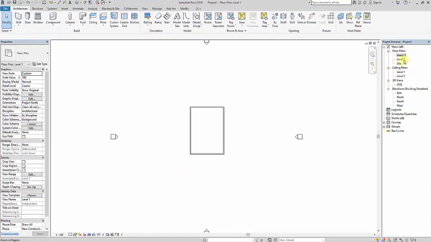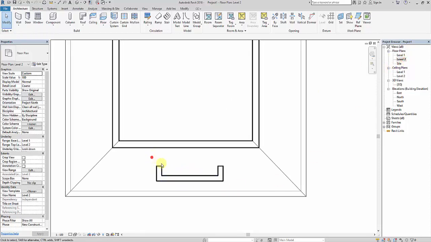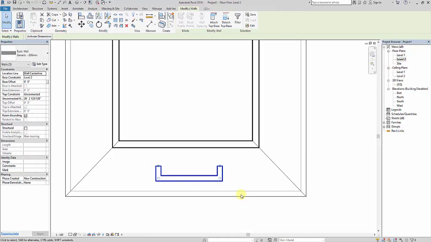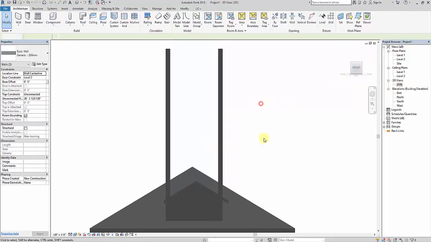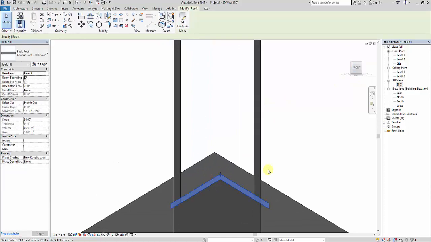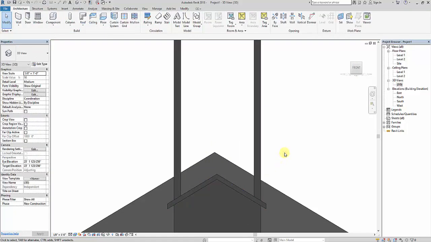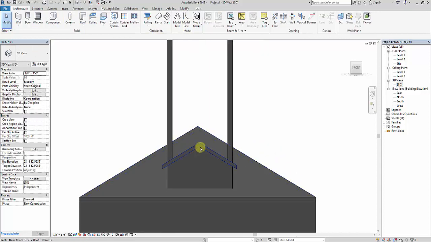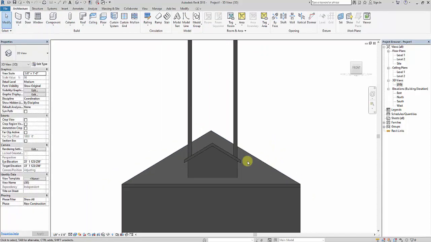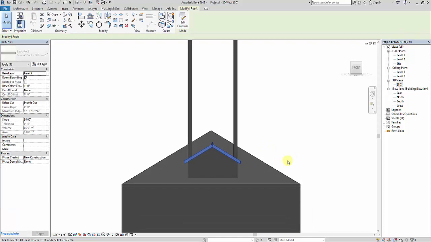One more thing you have to keep in mind is that whenever you draw the roof, it should be exactly in the middle, so these two peaks should be matching. Next, just use the arrow keys on the keyboard and move the small roof to the distance and height you need.